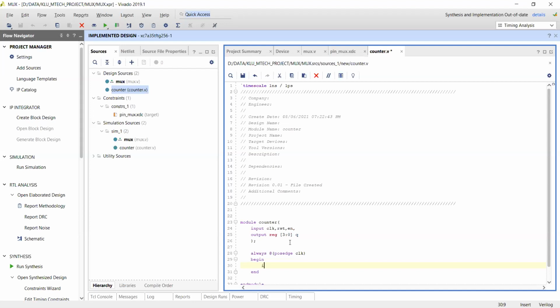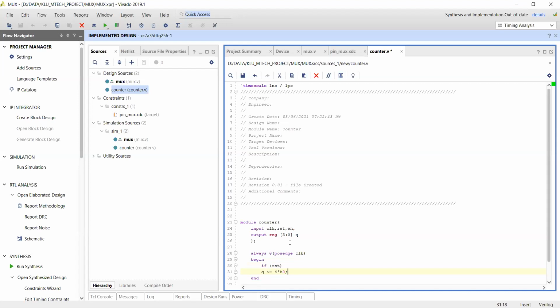What I want to do: if my reset signal is high, what will happen? I want to assign Q to 4'b0. That is the syntax.